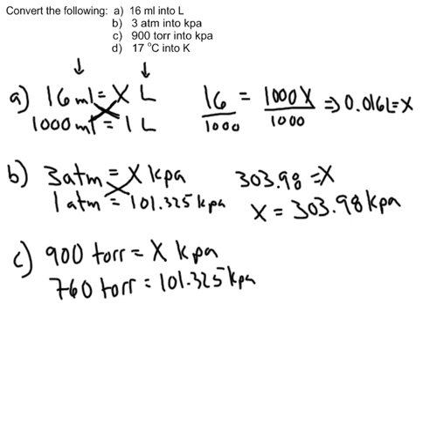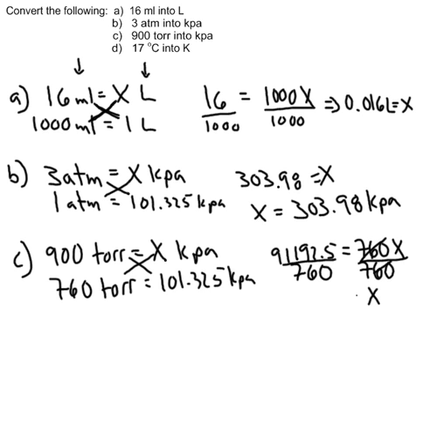So do the cross multiplication. 900 times 101.325 gives us 91192.5, and X times 760 is just 760X. Like in example A, we now divide out what's in front of the X, in this case the 760, and we're left with X equals